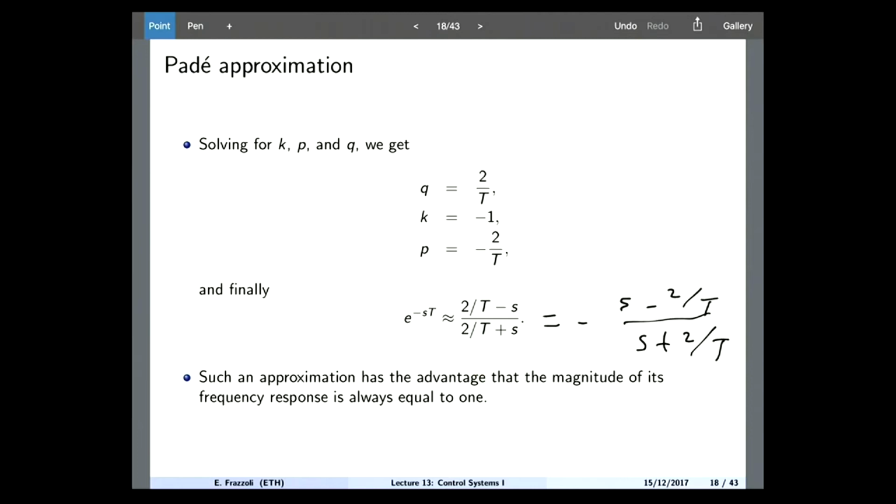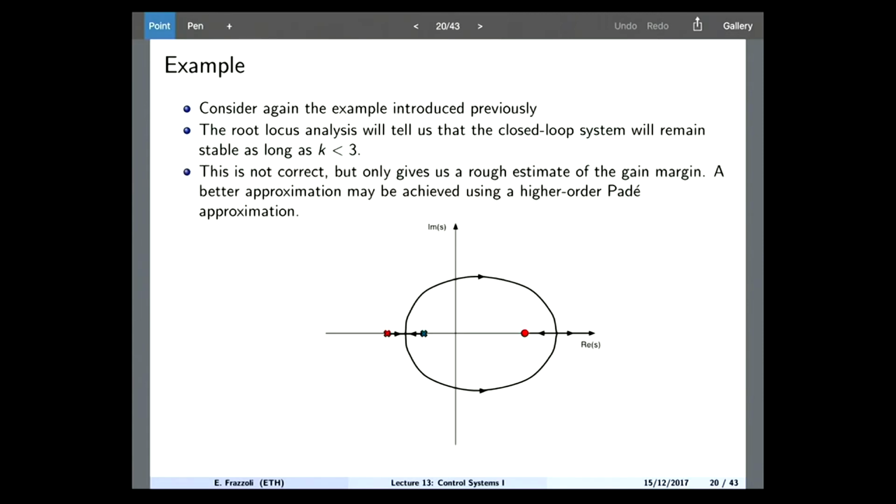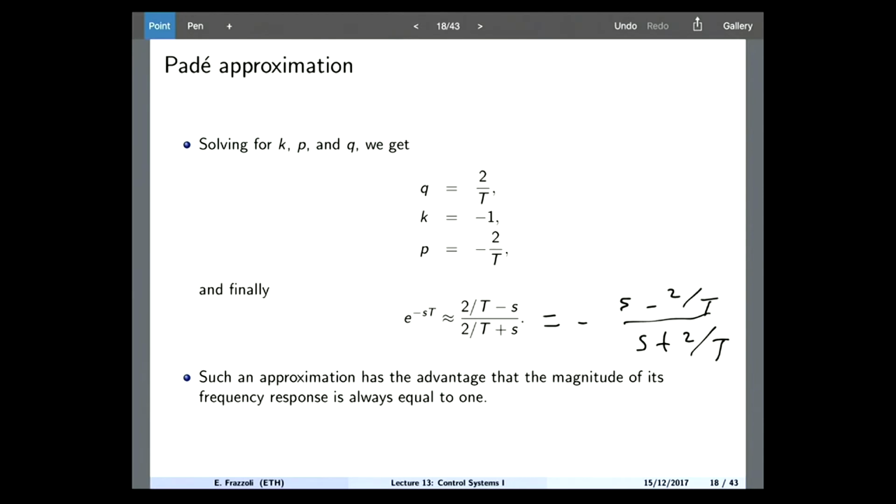So the condition for stability is the magnitude of k is smaller than 3, or is it k itself? Yeah. Well, in this case, we are looking at the positive k, which corresponds to negative gain. It is confusing. So if you multiply this by k,